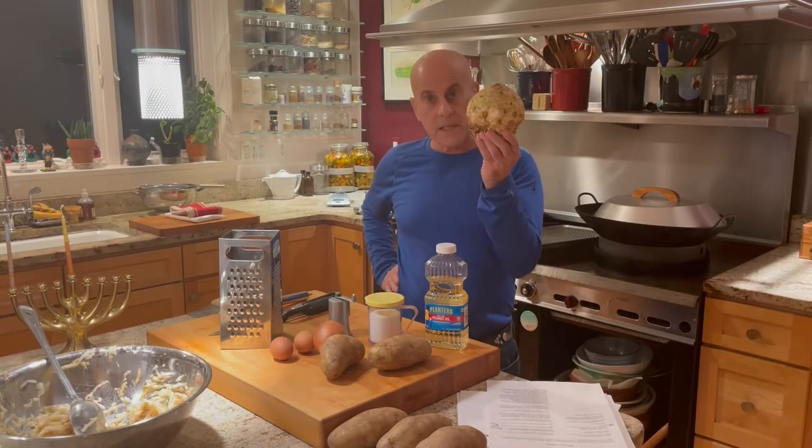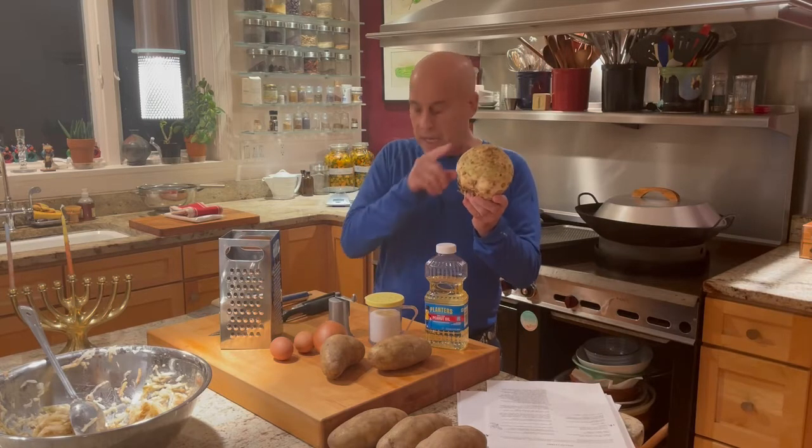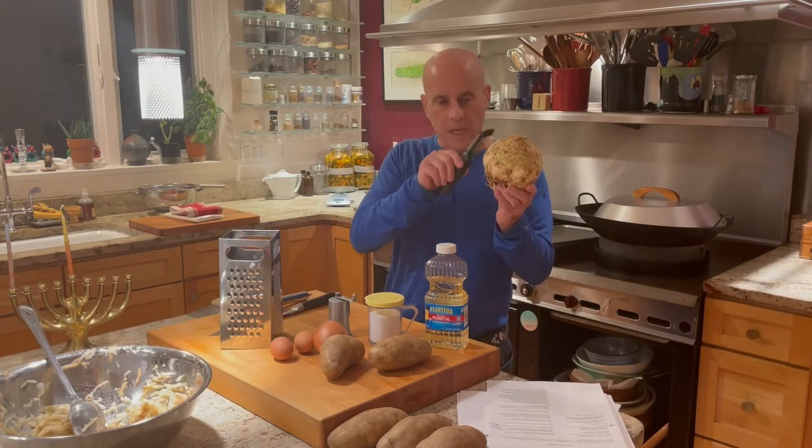I actually talk about using a pound of celeriac or celery root. This is celeriac. Now, if you can find this at your supermarket, consider using it. I should add that Joan Nathan, who is a prominent Jewish cookbook author, has recipes for potato latkes that include celery root or celeriac. Typically, what I would do with this is peel